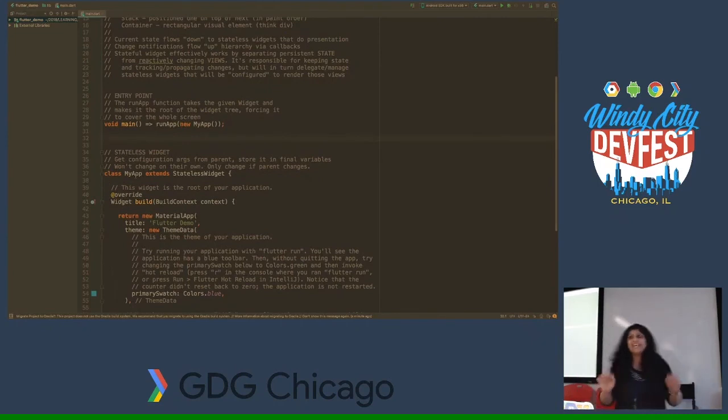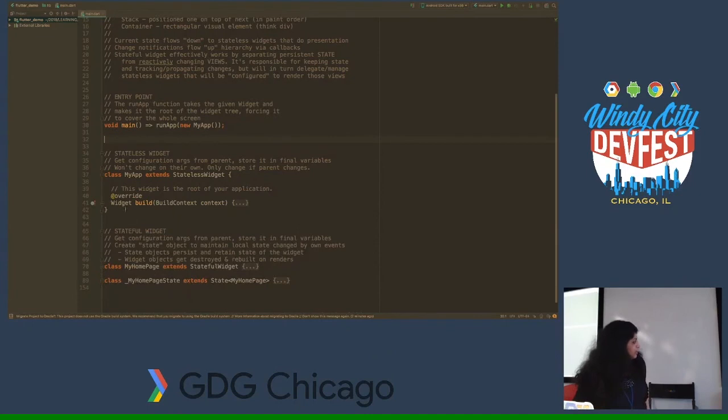Anytime you have a stateless widget, it'll have a build method. Build methods return widget instances, right? So every time you're building the tree, the top level widget will try to compose itself from other widgets. Each of those widgets that it stamps and instantiates, it's basically calling the build method saying, give me back a widget, puts it together, composes it, right? So stateless widgets have a build method. Stateful widgets, on the other hand,